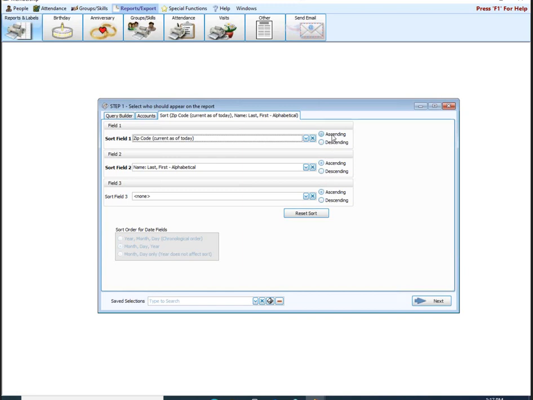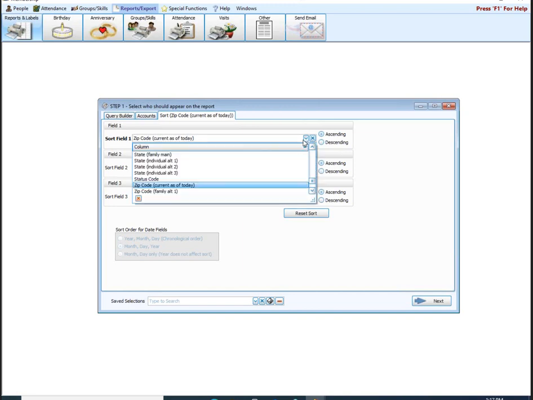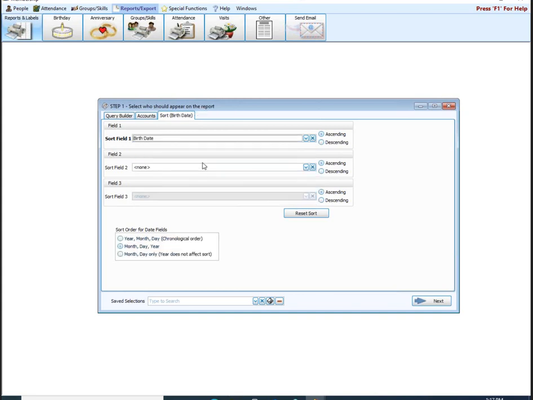You also have the option to do ascending or descending. A great tip for this is if you're doing a birthday or an anniversary report, for example, once you get into the date fields, you can go down and sort them even more. So sort field 1, if we choose birthday, this lower section becomes active, and it allows us to really specify when we say sort by birthday, how do we want the dates to be sorted? So you have the option to do year, month, day, just strictly chronological order. You can do month, day, then year,